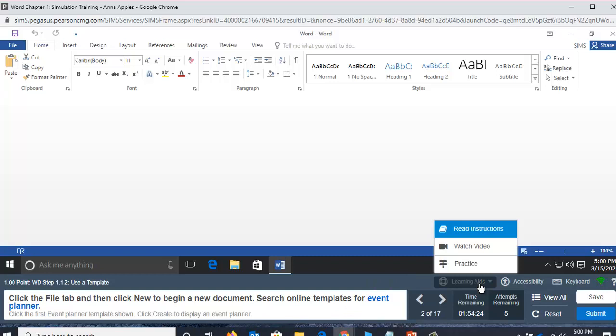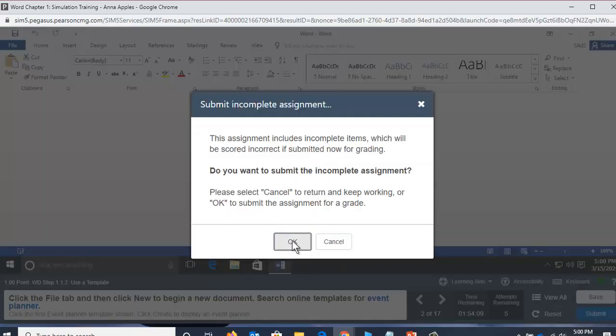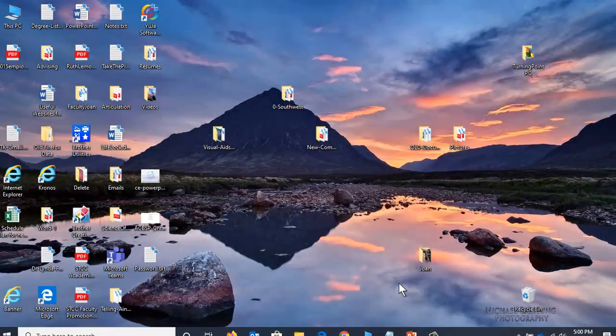you're confused by it, go to the practice. Sometimes it can be a little persnickety. It's going to be very precise, and so you want to do it the way that they're telling you to do it. Okay, and that's going to be very key. I'm going to submit this. Remember, you have unlimited attempts. But you do have to do this within the